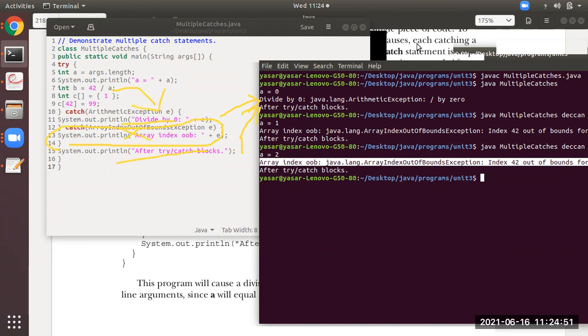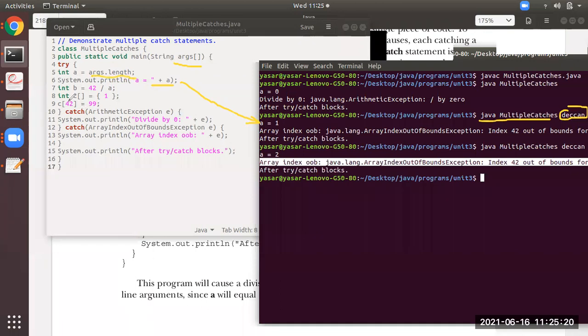This is done, students. Now the same program, but the next time I gave an input at runtime: Deccan. So you can see what will happen. The ARGS array at line number 3 will receive Deccan, and it will calculate how many elements are there in the ARGS array. 1. So A is 1, and it will display the value here as 1.